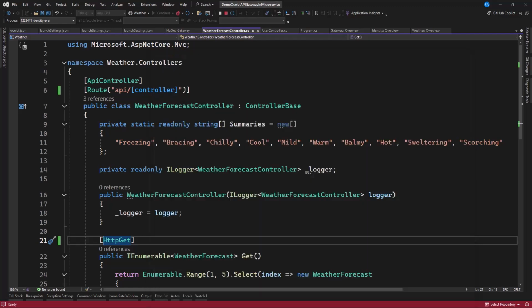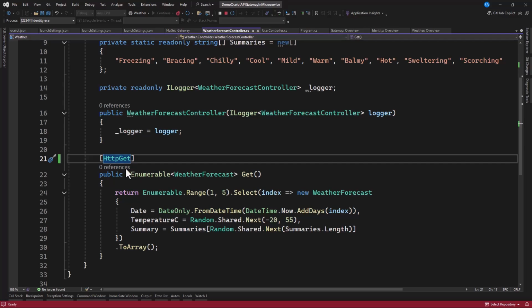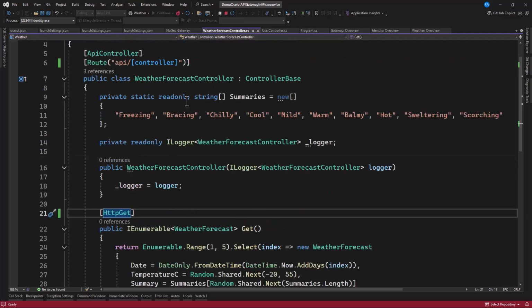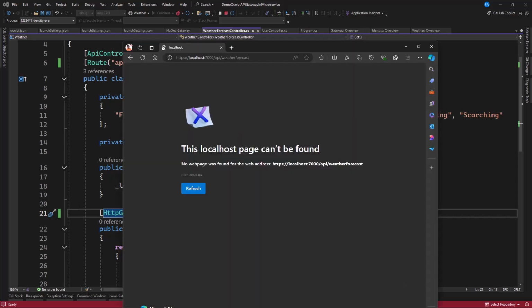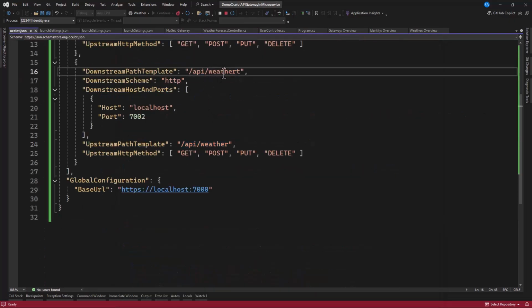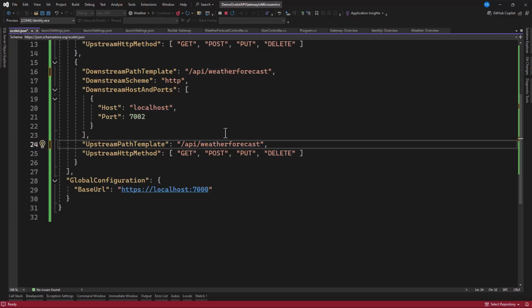Let's go and check the API, and the controller name is weather forecast. That is a get API, and we're not getting it. Yeah, I think I am getting the issue. When you check the configuration, you know, this is our weather forecast. We made it as weather. Great. You know, we made a mistake in here. I believe you've done the correct thing, right? That's great. Okay, so now we have this.